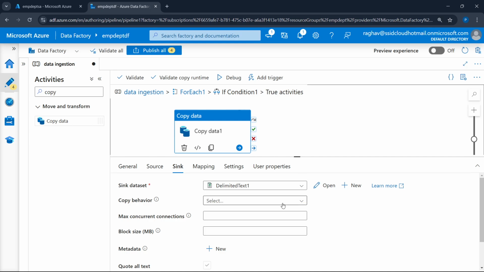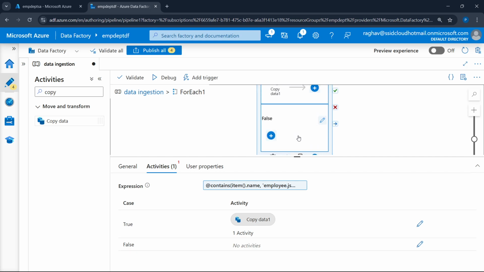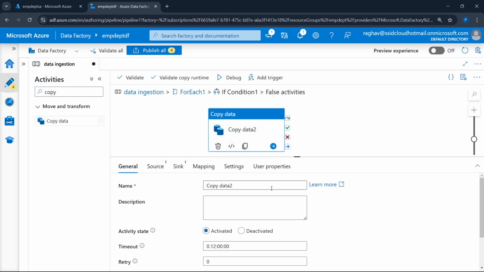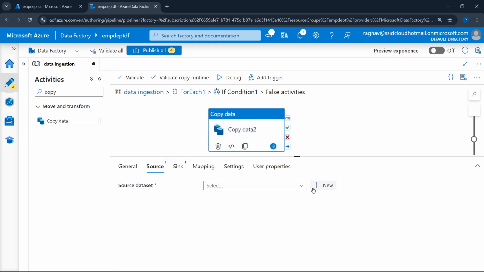Now let's do the same for the false condition. So go back to the ForEach activity and in here, False. You can either just add an activity from here or you can open the pane from here as well. So let's drag the Copy Data. Now go to Source, new